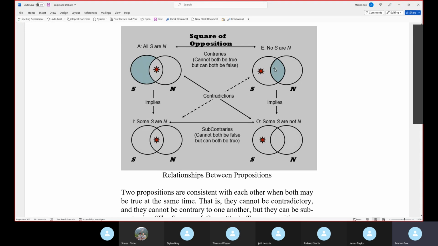If the E type proposition is true, then it implies the O type proposition. So if it's true, then